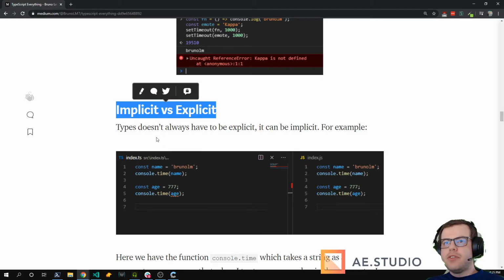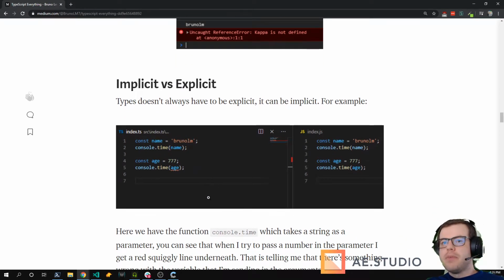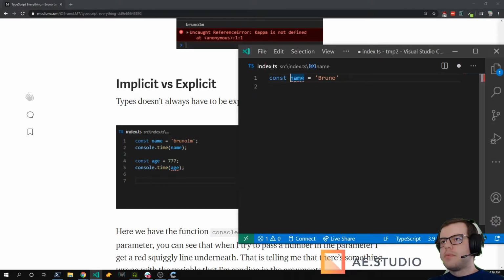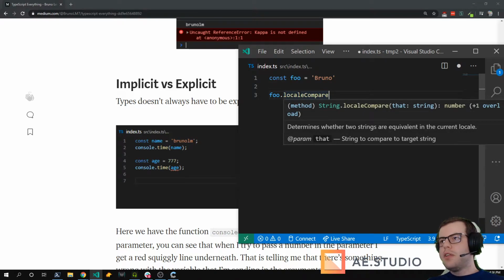This is something I touched on before, but I'm going to go through it again. In TypeScript, types can be inferred from usage, or you can explicitly tell it what the type is. For example, if I do a const name equals something, let's do foo, then I can see that foo is a string and it gives me autocompletion for anything that a string has.